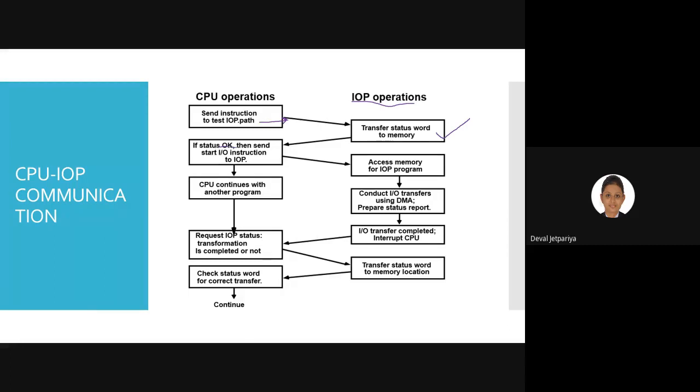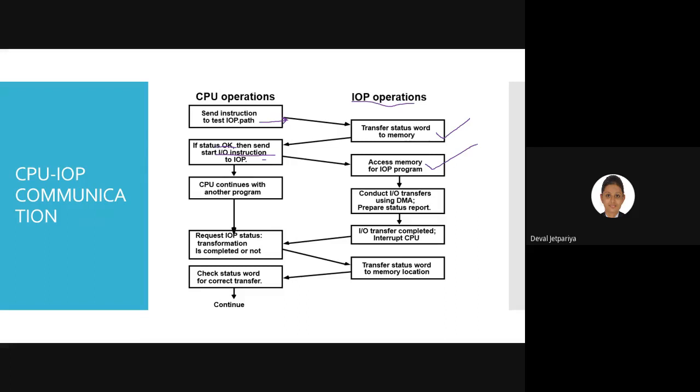If that status is okay when received by the CPU, it will decide to carry forward with some instruction, that means it sends a start IO instruction towards the IOP. So the CPU gives a signal to the IOP that okay, you can start some transfer with respect to input and output. In that order, the CPU sends the instruction to start IO, right? That memory address is received with that instruction, and it tells where to find the respective IO program.